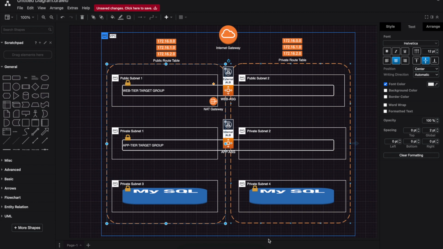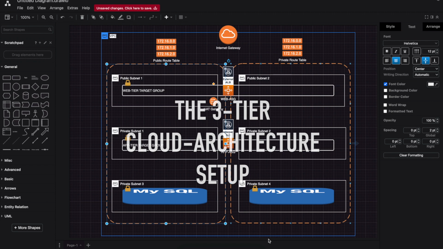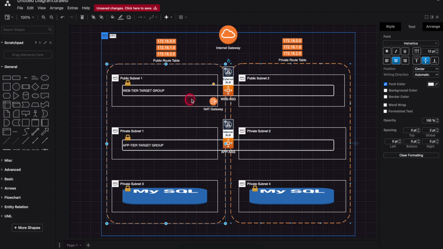Today, let's discuss the framework for a three-tier architecture. And here, as you can see, I have a three-tier architecture design. This is for beginners. And if you look at this architecture, we have a VPC, we have